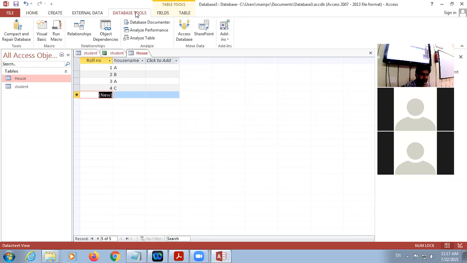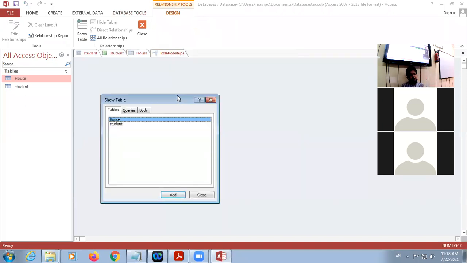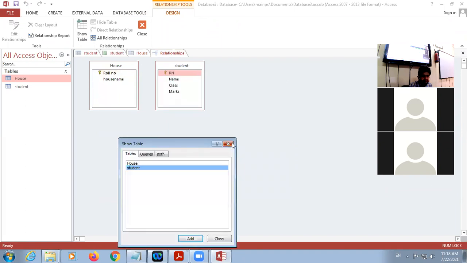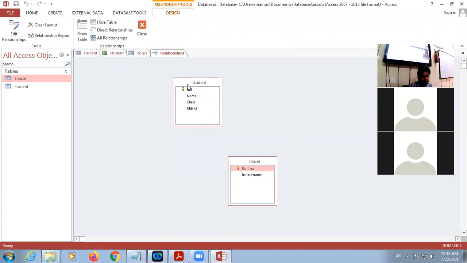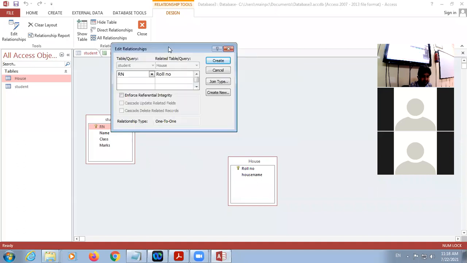Whenever I'm going to create any relationship between these two tables, look here. In Database Tools, if I click on Relationships, in my database there are two tables. In the Show Table dialog box, two tables will be there. I will have to add these tables. Now if I select roll number in the student table and drag my mouse to roll number in the second table, the relationship is created, and this is called a foreign key.